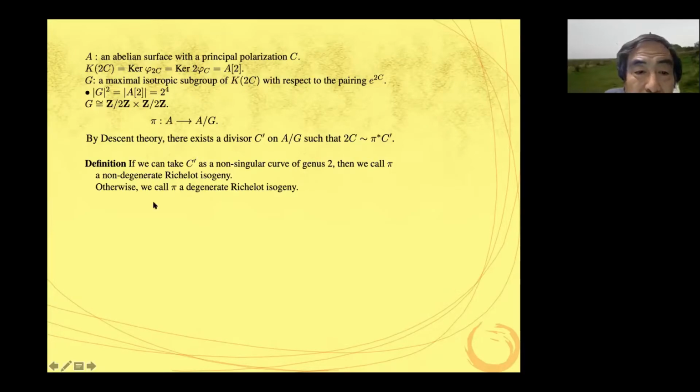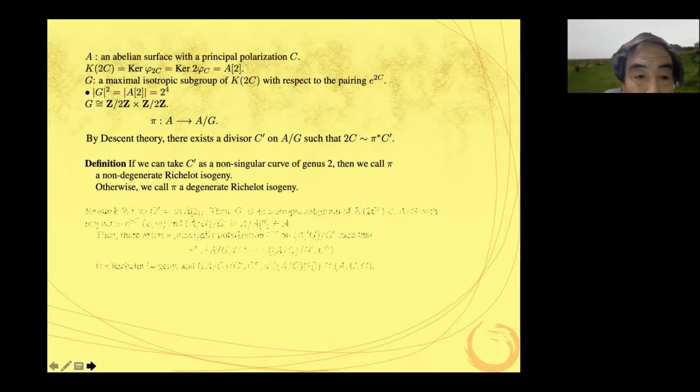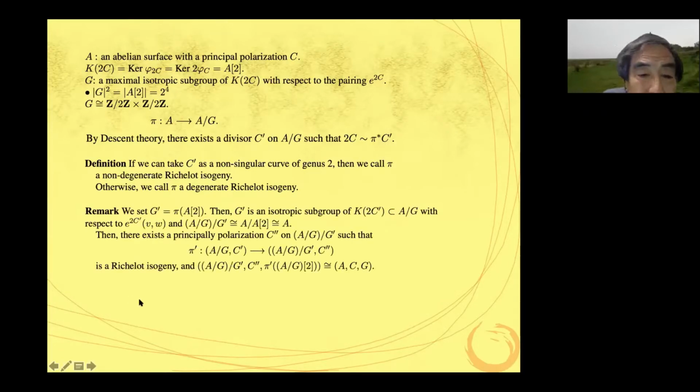And if C' consists of two elliptic curves, then in this case we call π a degenerate isogeny. And as a remark, the notion of Richelot isogeny is invertible. I mean, if you take